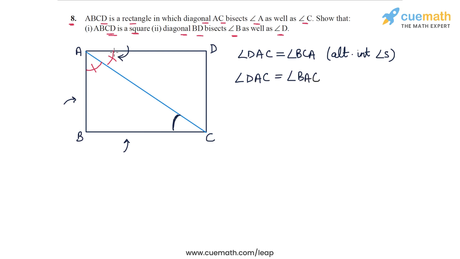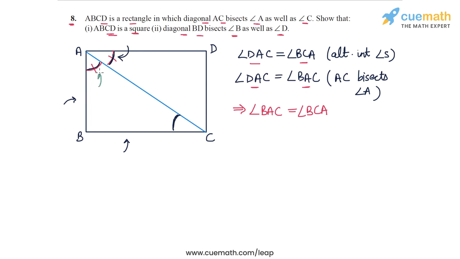This is given to us. The angle DAC and the angle BAC are equal because we are given that AC bisects angle A. So if we compare these two equalities, we have DAC on the left side on both, and we have BCA and BAC. So from here we can conclude that angle BAC is equal to angle BCA,